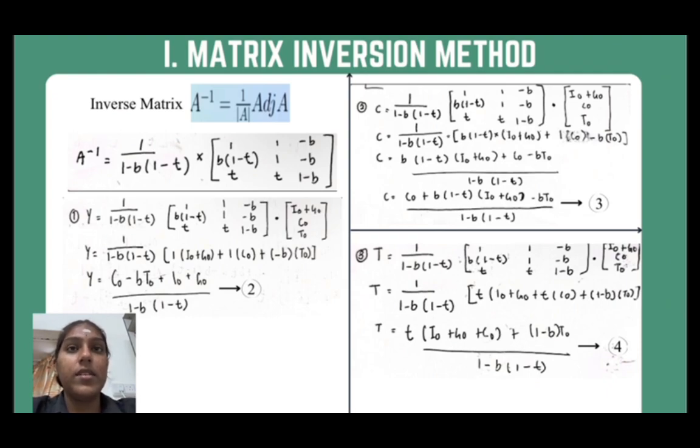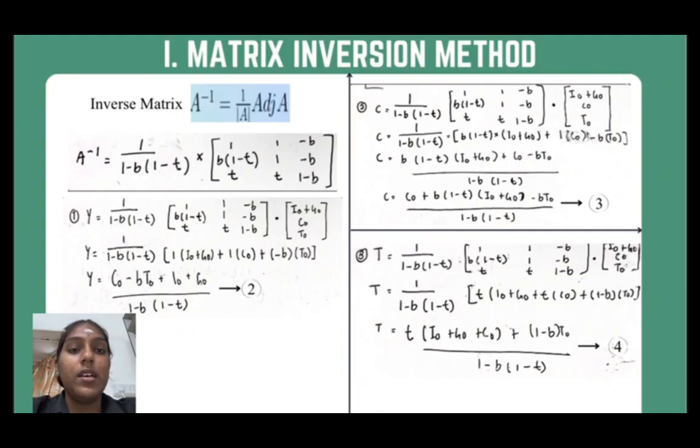So we use the second row of the inverse matrix. That means we take the determinant of A and then multiply with B times 1 minus T, times again I sub 0 plus G sub 0. Then we plus 1 times C sub 0 and minus B times T sub 0. And you will get the final equation, which is equation 3, which is C sub 0 plus B times 1 minus T, times I sub 0 plus G sub 0, minus B T sub 0,